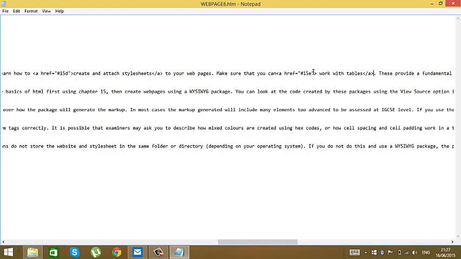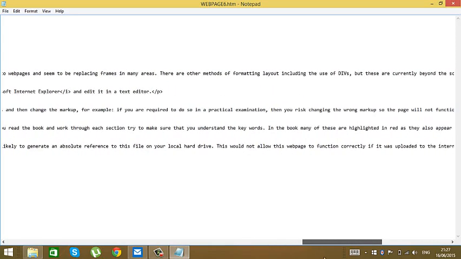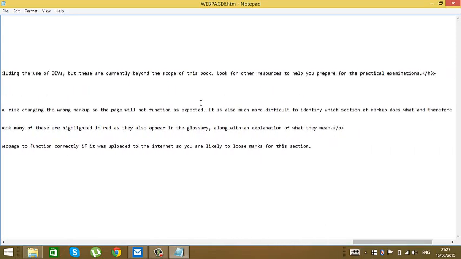This will provide a fundamental, and we must look for the end of the sentence. So we come here to look for it.